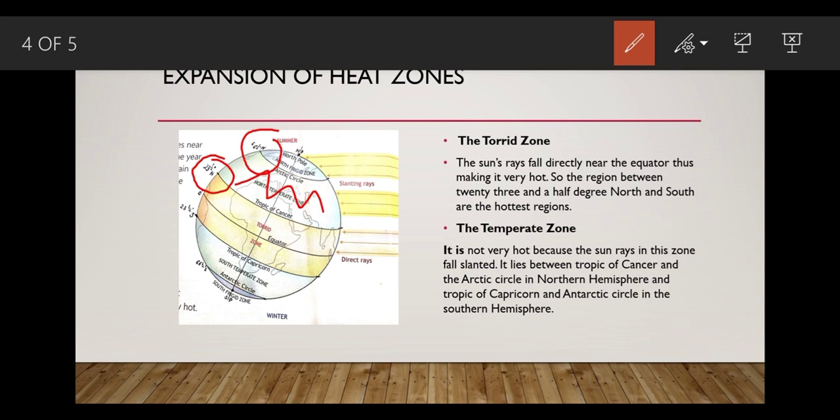Similarly, when we go to the south, from 23.5 degree south till 66.5 degree south, this area is called the temperate zone. So the temperate zone lies between the Tropic of Cancer and the Arctic Circle in the northern hemisphere, and from the Tropic of Capricorn till the Antarctic Circle in the southern hemisphere. Children, this area is not very hot. It experiences mild temperature.